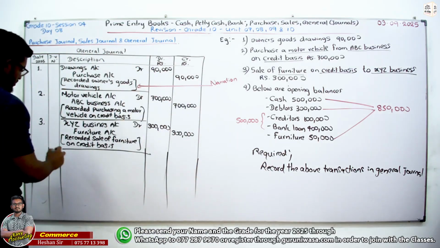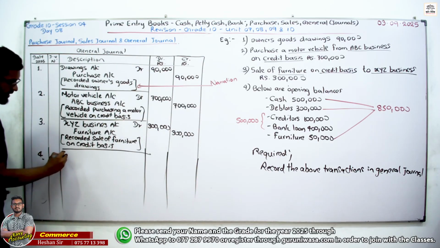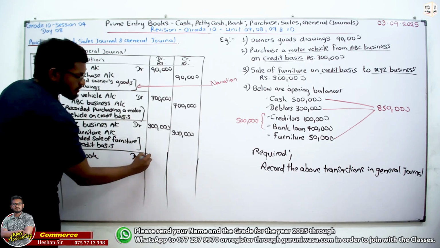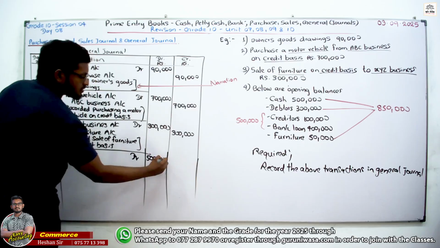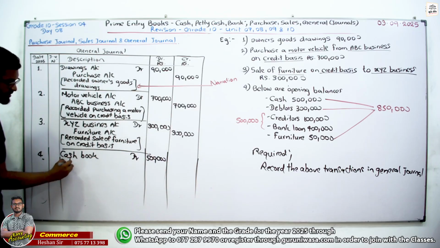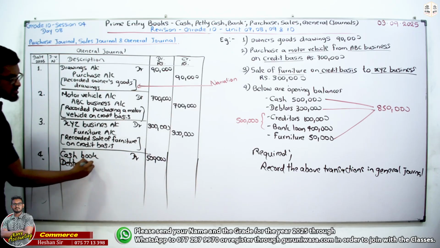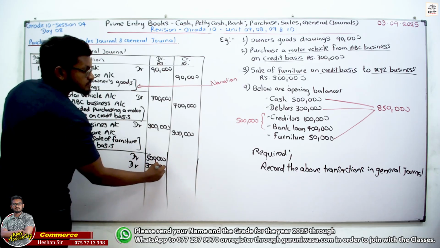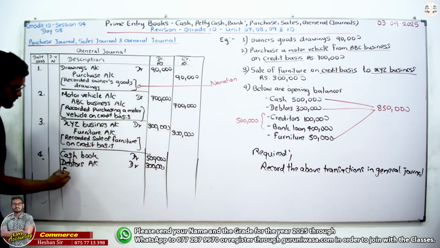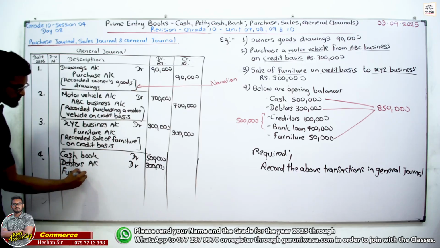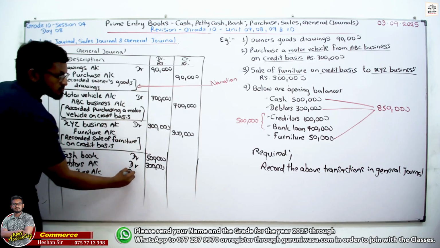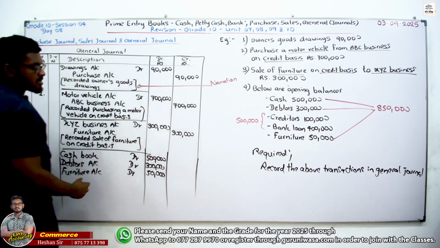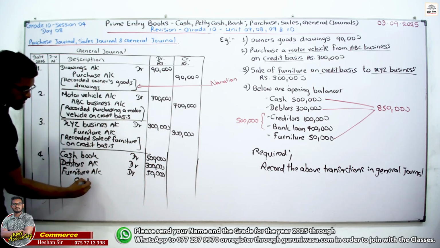You know when we are writing opening balances, cash book debit 500,000. Then first write the debit things. Debtors account debit 300,000. Then furniture account debit 50,000. Then the credit things are creditors account